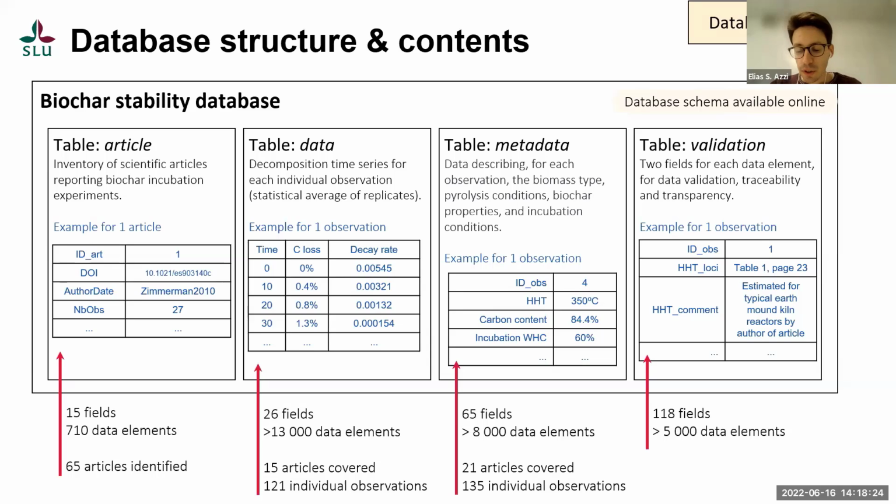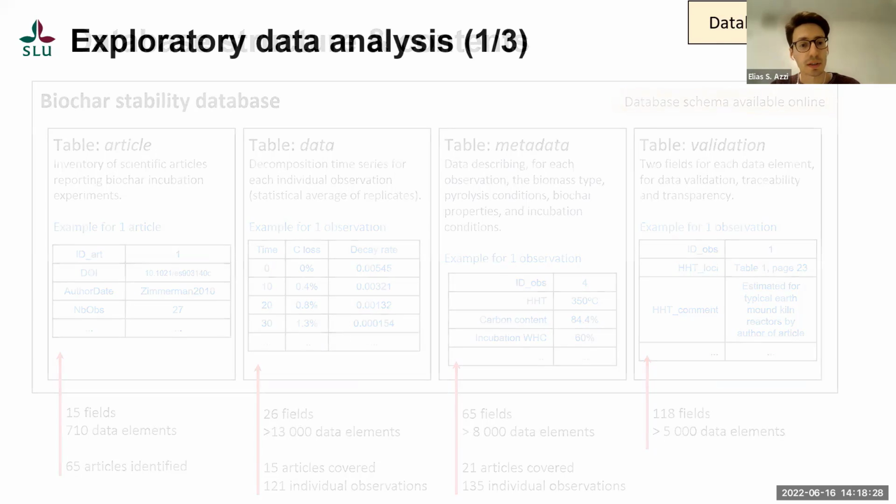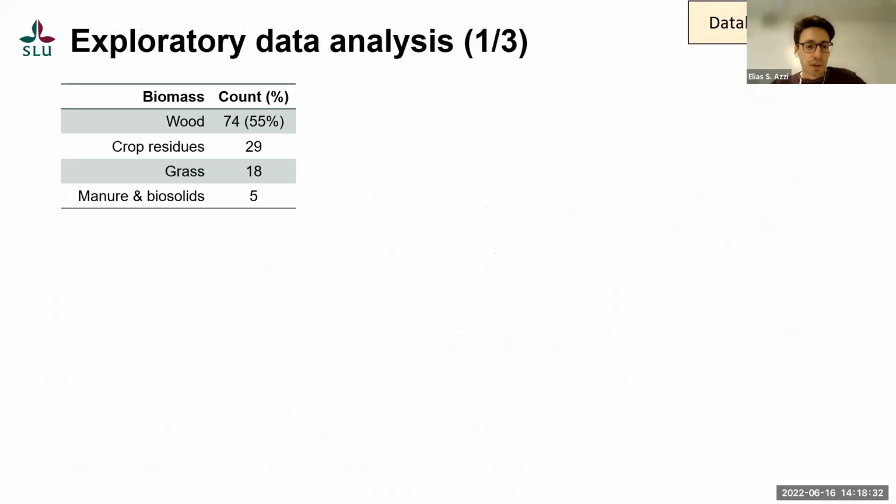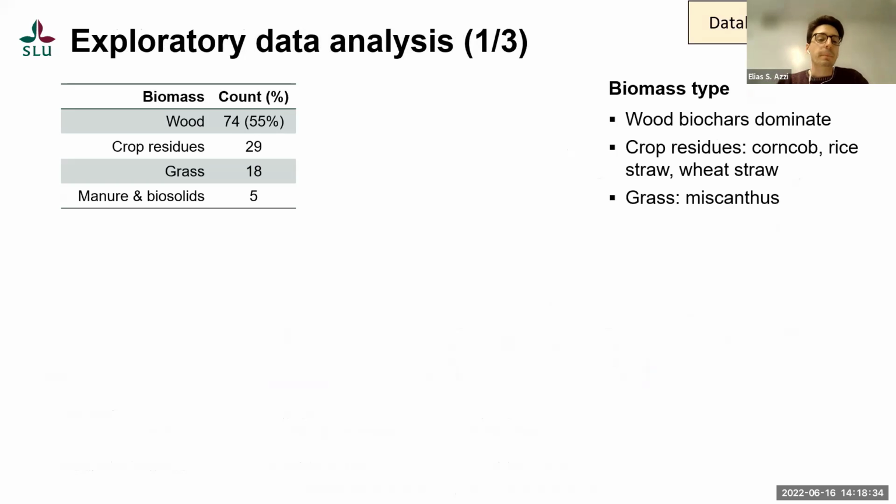So now that I've described the database structure, let's look into it and see what we have collected so far. Starting with the biomass, we have in the database about 130 observations where we have metadata, and there we notice that most of the biochars that have been incubated are derived from wood. They really dominate the database, and then we have some crop residues and grasses also that are quite well represented,